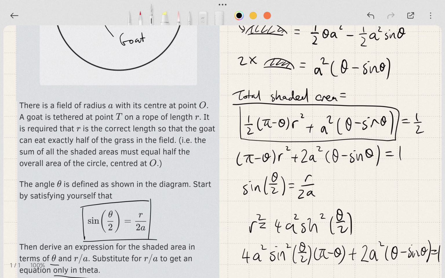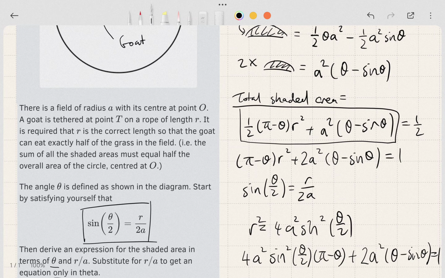We do have that, and minus, first, okay, so we do have everything in this equation here, and that's equal to what? Equal to a half,